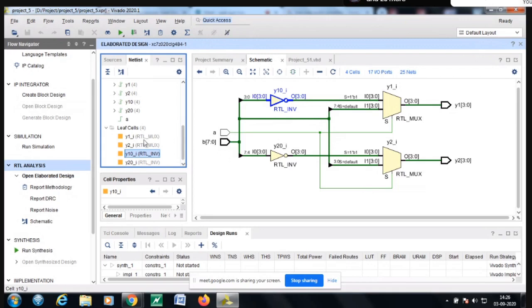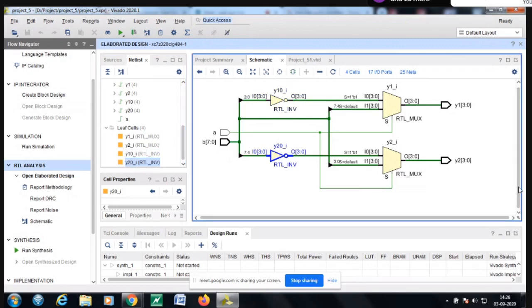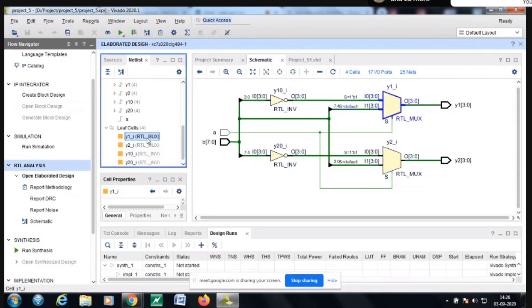You look there, RTL mux is the RTL language. Like how we have used, we have written move A, 8, CPLD, L jump, decrement jump, no zero, right? These are all the keywords. So like that RTL underscore mux is the keyword in VHDL. But we need not use that keyword. We can directly write in the top level language or use the top level functions. The tool will take care of such conversions. So there are 2 multiplexers and there are 2 inverters. By choosing this one, the appropriate devices will be shown or highlighted here now. So this is the way it goes into the hardware implementation now.